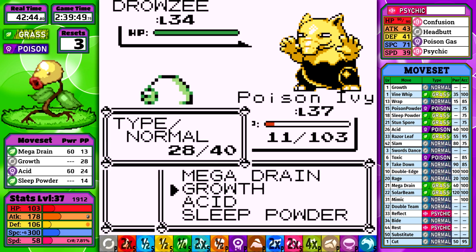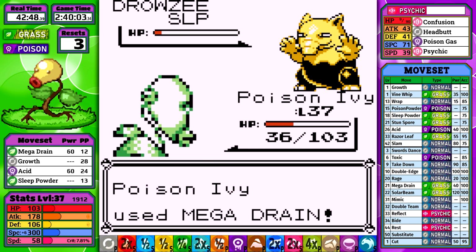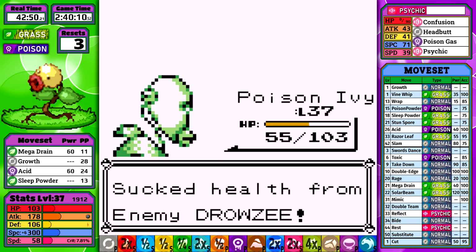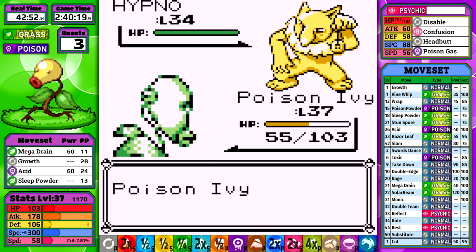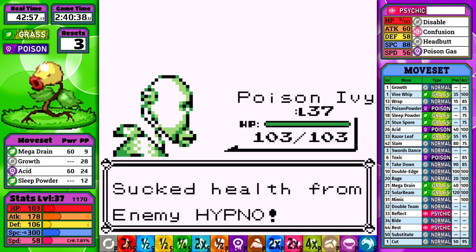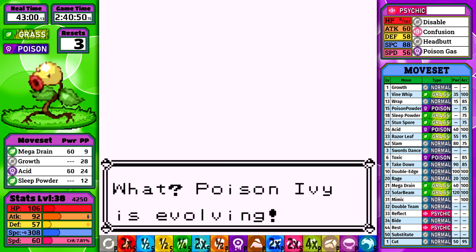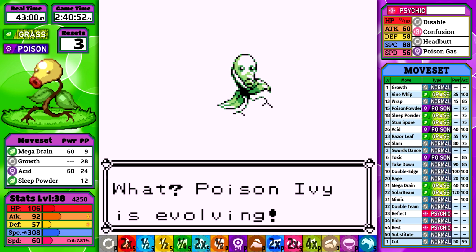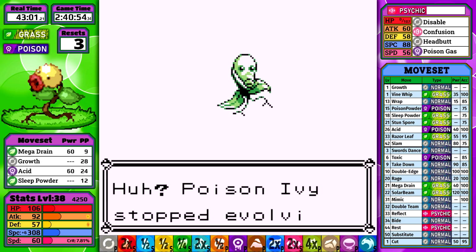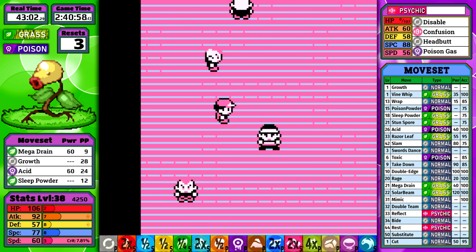I then put it back to sleep and use Mega Drain, which does decent damage and it stays asleep, so we're able to regain quite a bit of the damage. Hypno is next, and we put it to sleep, surprisingly going first, and then use 2 Mega Drains to finish it off. I really like throwing in the battles that we don't lose but end up having a difficult time with the trainer, because they show you that not everything goes smooth on the run